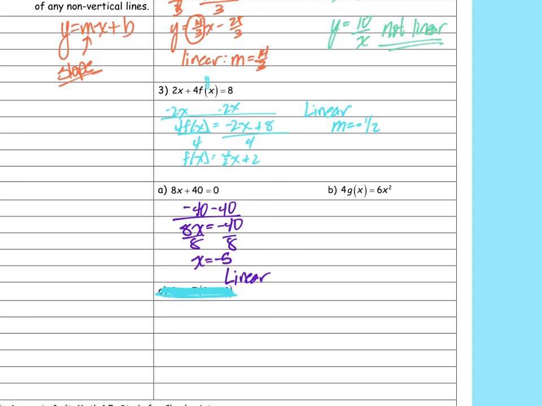And then on the last one here, I'm going to divide by 4. And I get g of x equals 6 over 4x times x squared. And this one, because it has this little x squared, is not linear. Okay? Awesome. Okay, so I'm going to